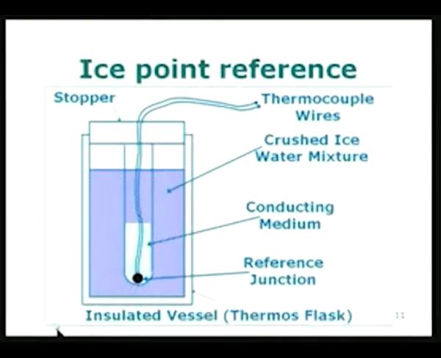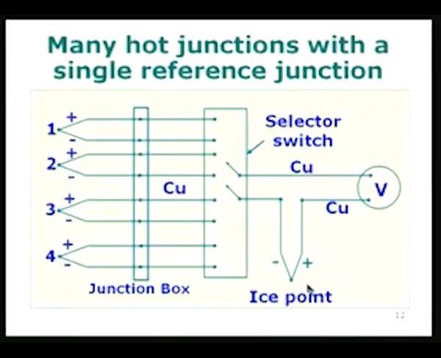So, do we provide one ice point for each one of them, or can we provide a single ice point reference? That question is answered by looking at an arrangement which is possible, and here I have shown many hot junctions with a single reference junction, and I also have shown a junction box. You can see here I have got measuring junction 1, 2, 3 and 4. I have just taken 4 here, you could have any number, sometimes even hundreds of them can be used, and